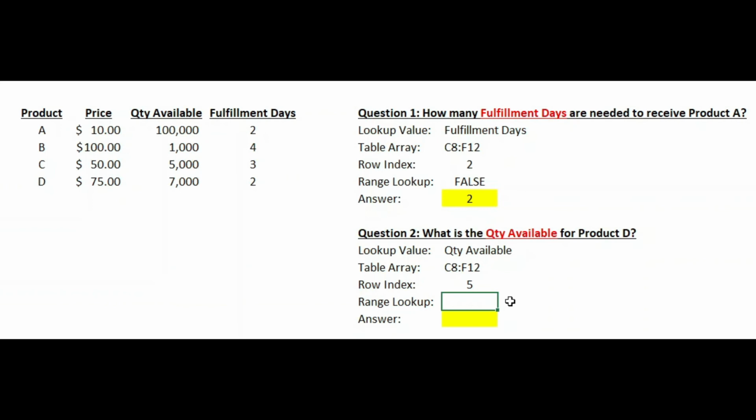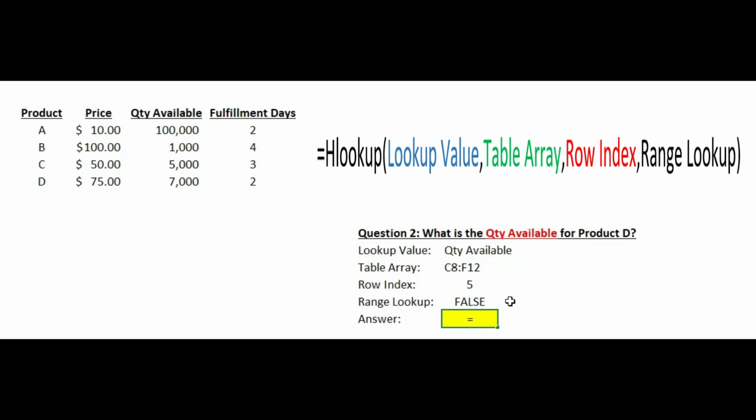Now, our range lookup. Again, do we want a close answer, or do we want exact? We have a question that's very exact, so we want an exact answer. So we want to put false in this box. Now, those are our 4 inputs that make up our Hlookup function. Now to answer this, we're going to use the actual Hlookup formula. So equals Hlookup,